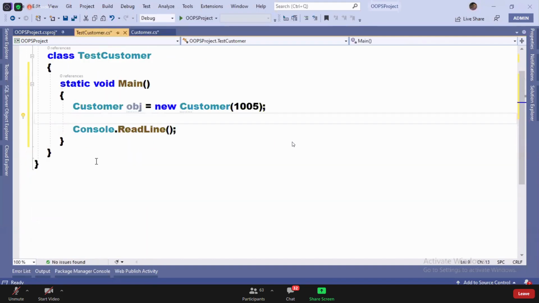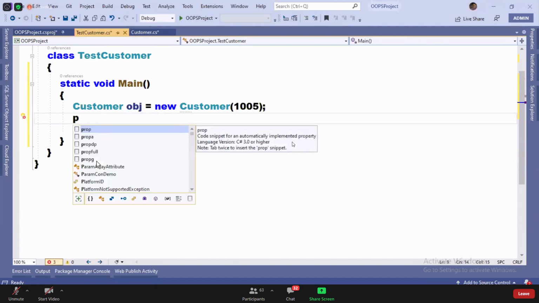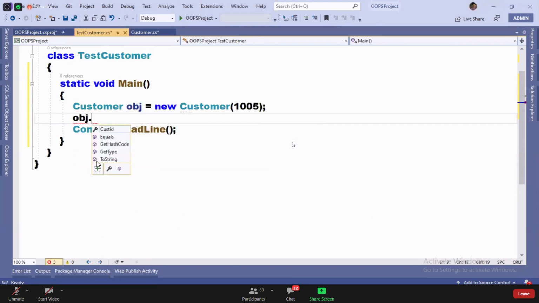Now come here, watch it. Obj dot. Now look, is the field accessible? The field is not accessible. The property is accessible. This is the icon of a property. Last class I told you, this is an icon of a property. And one more thing here will show you get. Tomorrow by looking at this, you can easily understand what type of property it is. If it shows set, it means write-only property. If it shows get, it means read-only property. If it shows get and set, it means read-write property. IntelliSense will tell you.